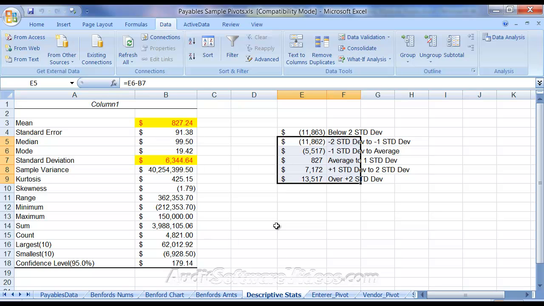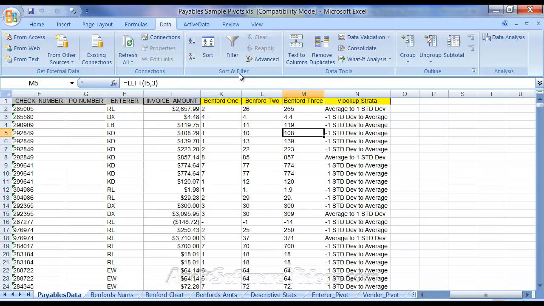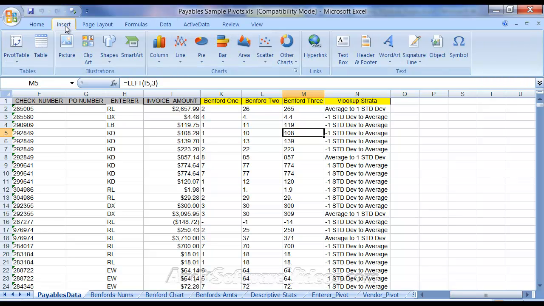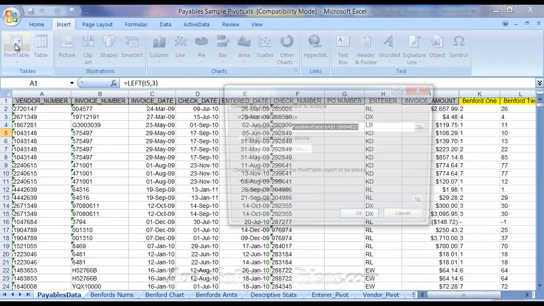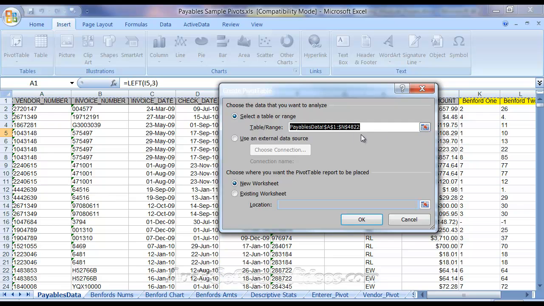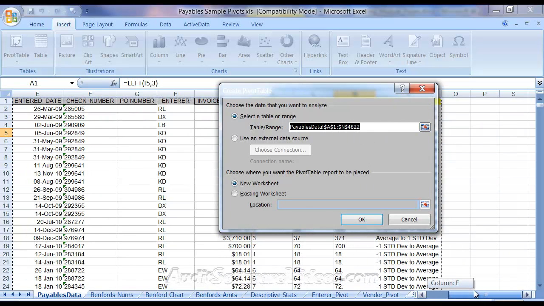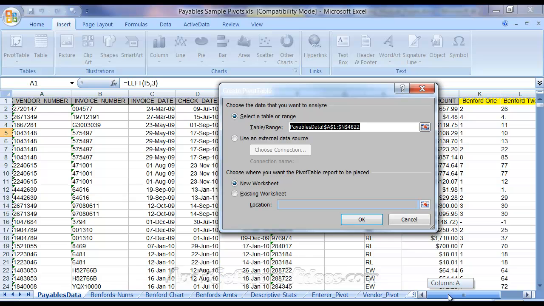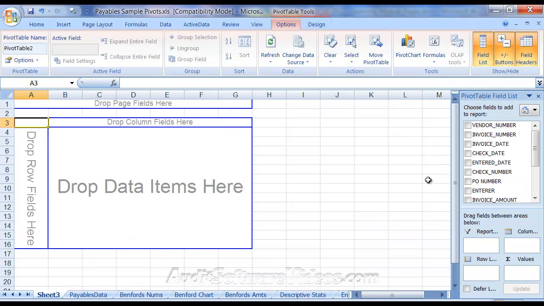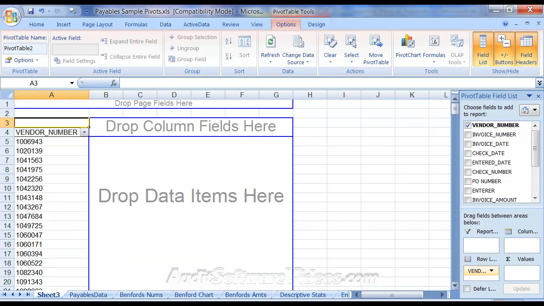So with that said, I have two pivot tables that I've set up here, but I'm going to go back to my payables data over here and just reset that pivot table. So I'm going to say insert pivot table, and it does highlight the data pretty well. You might want to just check that you've gotten everything in your data, and then by selecting the OK button, you have the opportunity to start adding fields to your pivot table, such as the vendor number, in this case